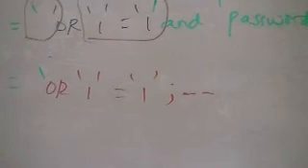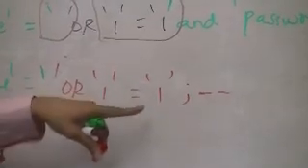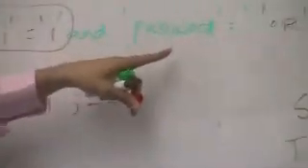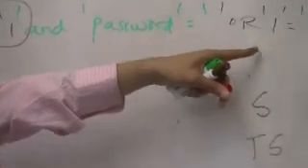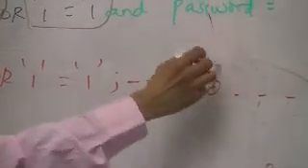Name, sorry, the red one is the closing quote. So this is the opening quote, this is the closing quote. So it appears like name equals blank or 1 equals 1. Instead of requiring to give the information for password, I have something like this. Of course, then it will have "and password blah blah blah" from the query itself.